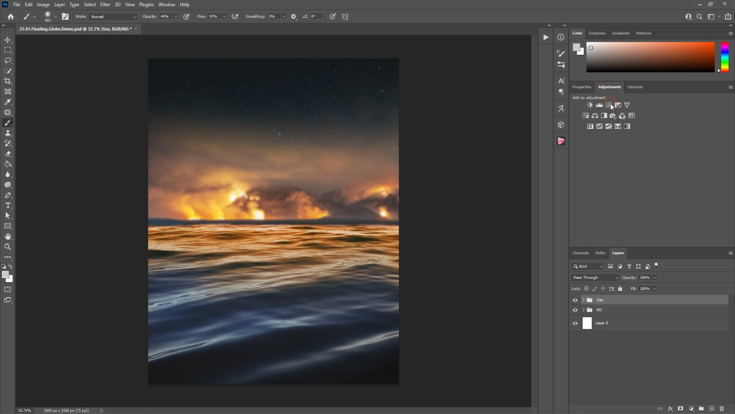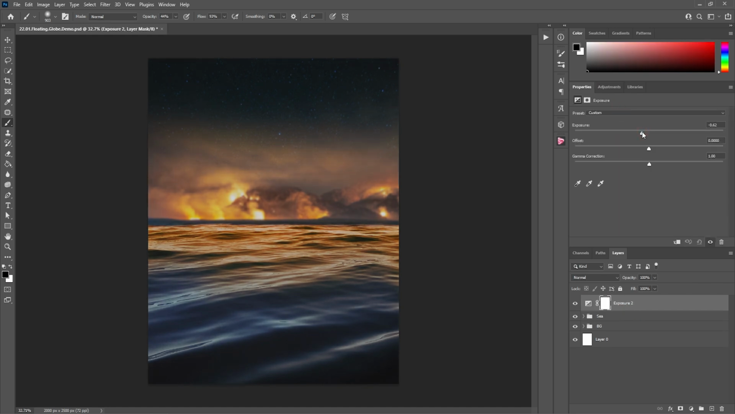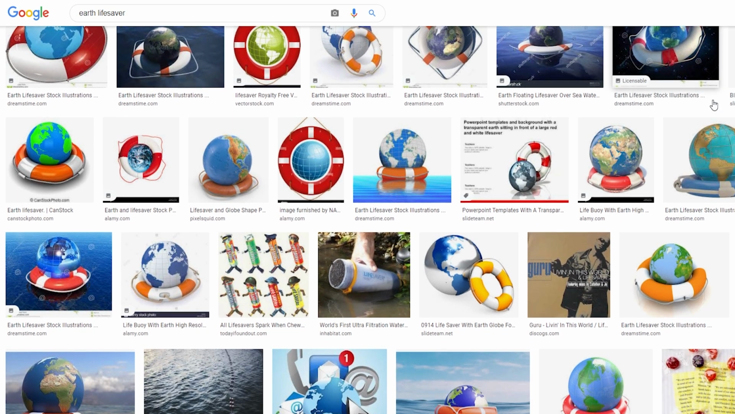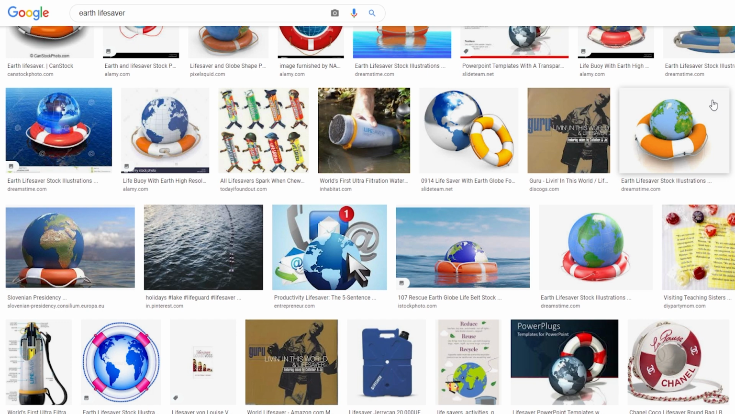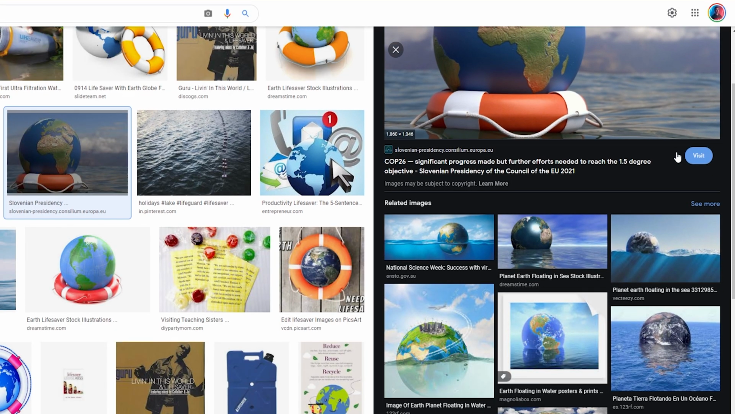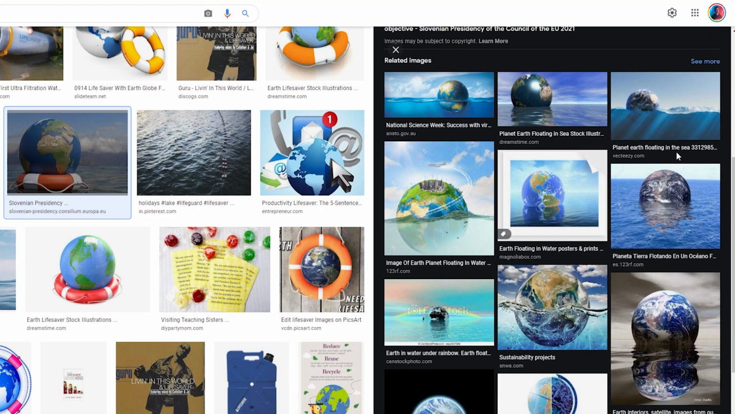At this stage, we're ready to go ahead and work on the remaining major elements in our scene, starting with the floating planet. I got this image in high quality from Envato Elements. Now usually whenever I need such an image, I spend a long time trying to find the right one online. The biggest challenge is to find something that matches the perspective of my scene and is easy to mask out,